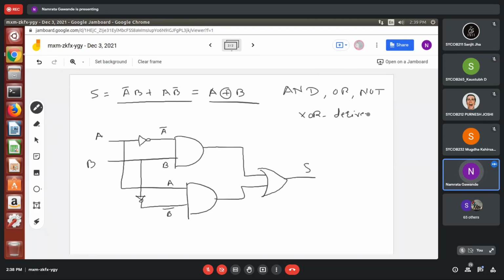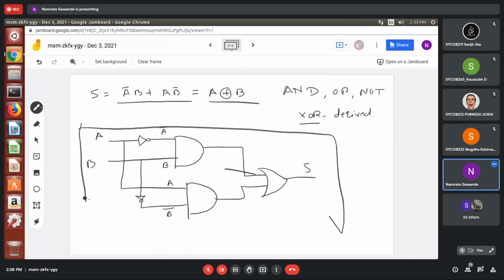If it comes in the practical exam, with using basic gates, you have to implement this particular circuit. If you have done it, no problem, but you can also try this one. Half adder using basic gates means don't use XOR.